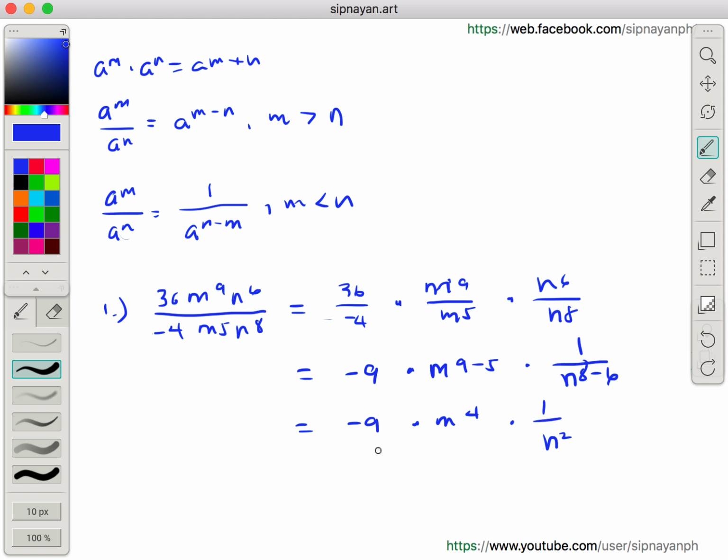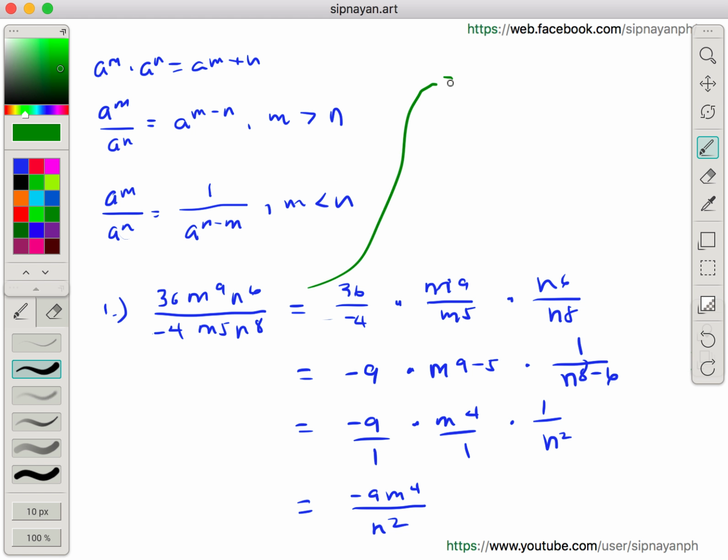Pag whole number, para hindi nakakalito, lagyan lang natin ng over 1. Pag hindi siya fraction, pwede natin lagyan over 1, para we multiply all the numerators and all the denominators. So, negative 9 times m to the 4th times 1 is negative 9 m to the 4th, and then yung ating denominator, n squared. Although nagme-memorize tayo ng rules, meron tayong reason kung bakit ito. So, another solution for this would be,